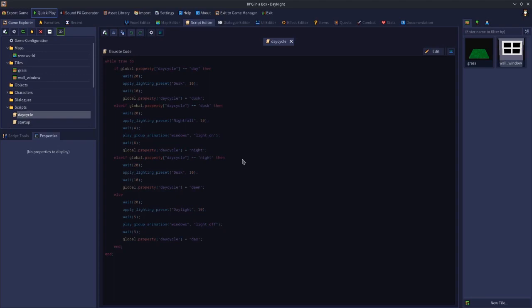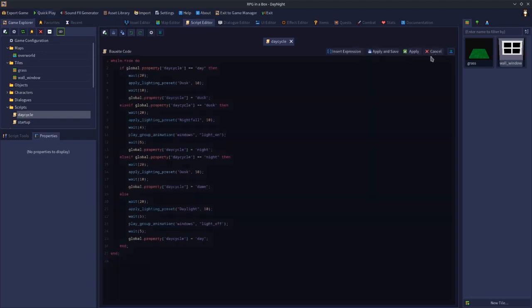You could have as many transitions as you want, because you could just keep adding else ifs to have as many different lighting presets as you want. You could have it so that every other day you have a blood moon or something like that, so that when it's night it's more red. You could do something like that, so you would have a global property that